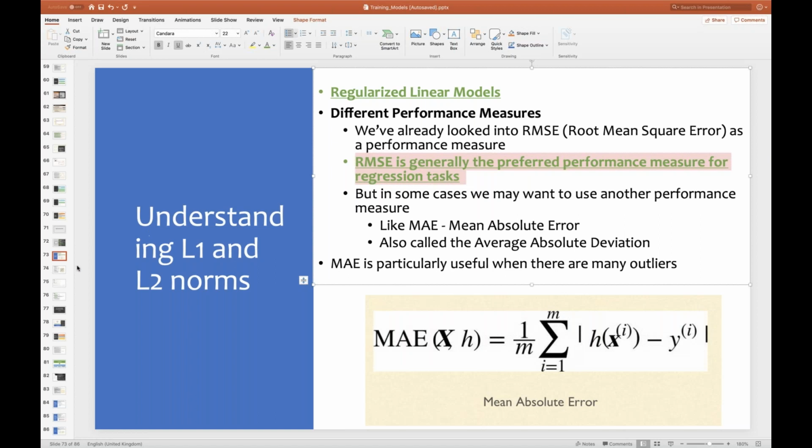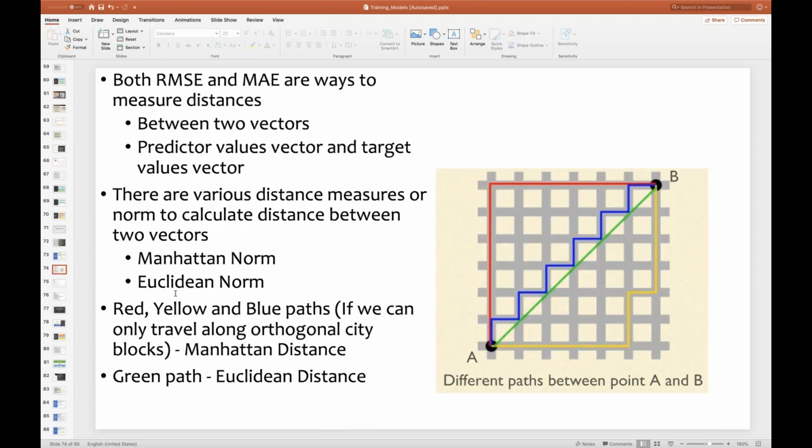Now, let's jump further into understanding the models. Look at this diagram, guys. You'll understand what is MSE, what is RMSE, and what is the distance. Both root mean square error and mean absolute error are ways to measure distance. What distance? Between two vectors. What is a vector and what is a